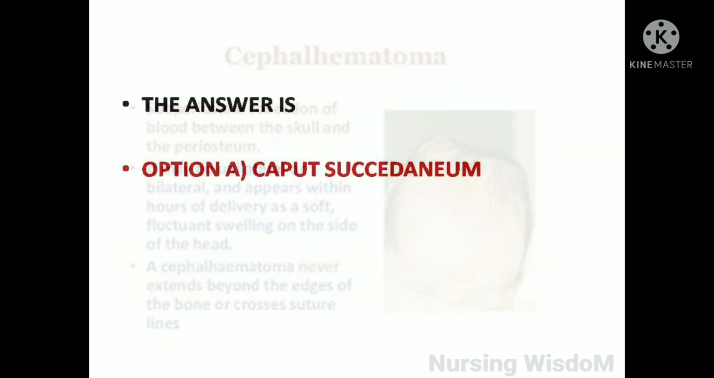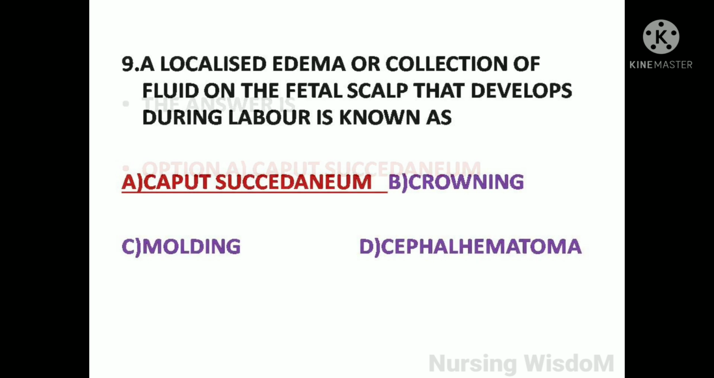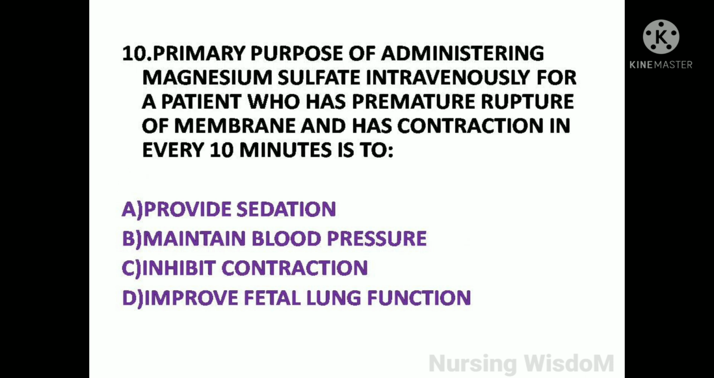So here the answer is option A, caput succedaneum. A localized edema or collection of fluid on the fetal scalp that develops during labor is known as option A, caput succedaneum. Next question. Primary purpose of administering magnesium sulfate intravenously for a patient who has premature rupture of membrane